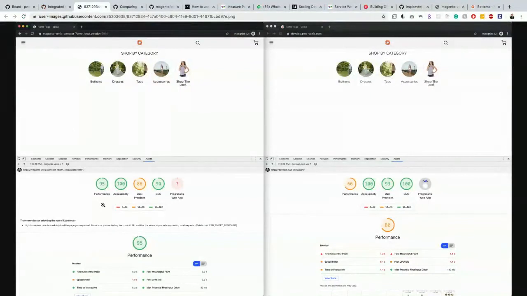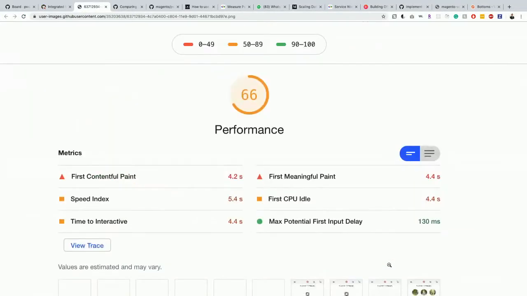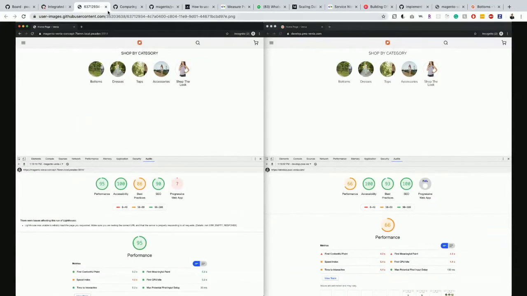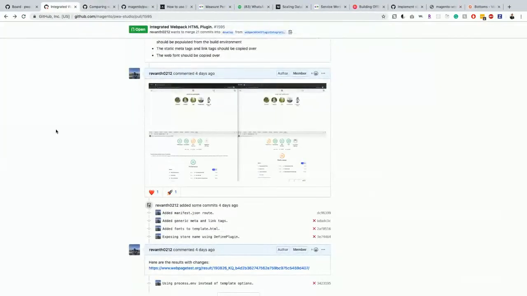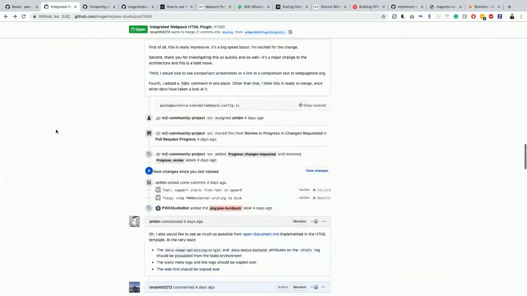With that, the performance is high because the first content paint is ready because we already have the HTML file. Well, in the previous case, since it was compiled at runtime, it was a 4-second delay. And that's the only reason why the performance was actually hurtful, these two. This is one of the demos that I had, and the other one is the responsive images.